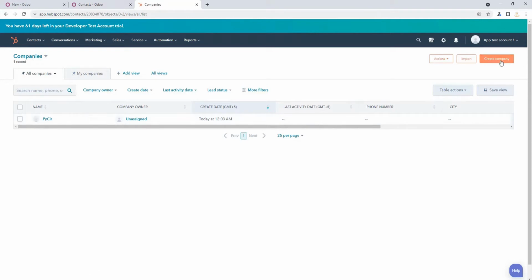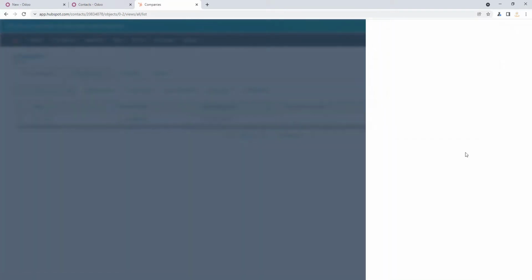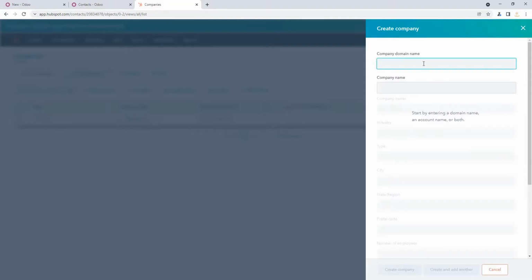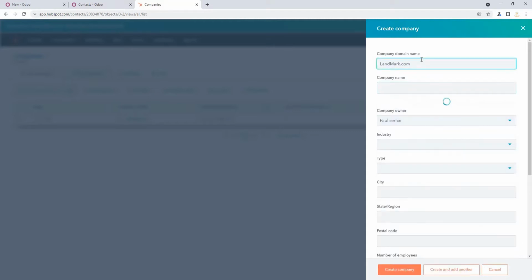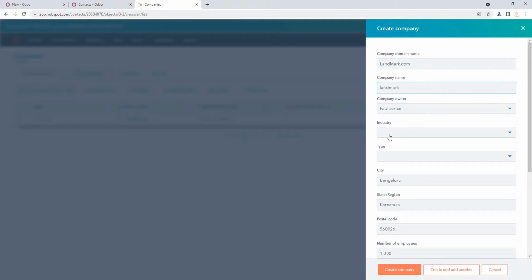Okay, so I'm going to add a new company in HubSpot that will be imported in Odoo. I just add some random information and leave the remaining information as it is.